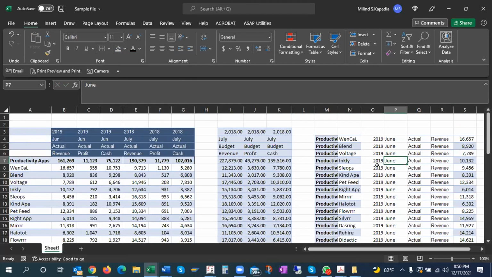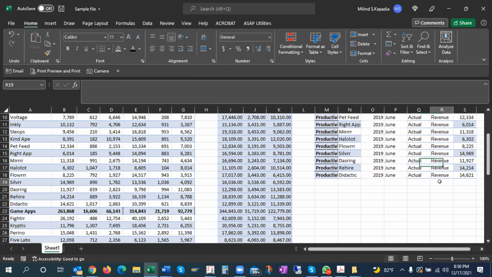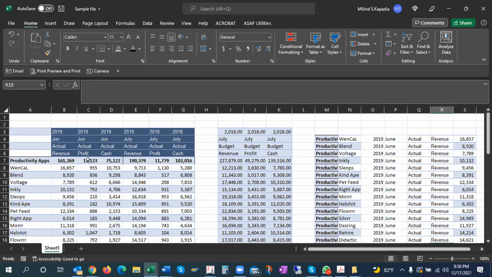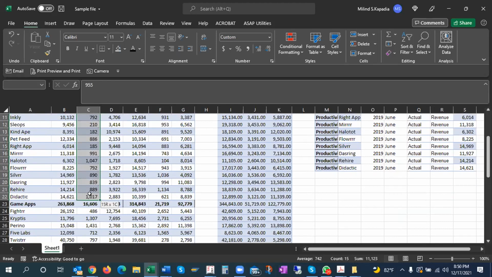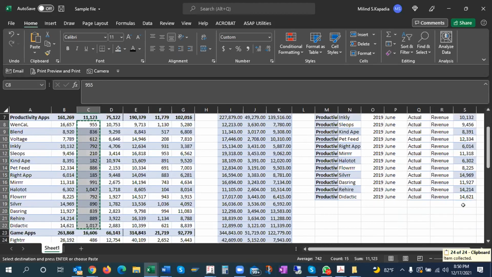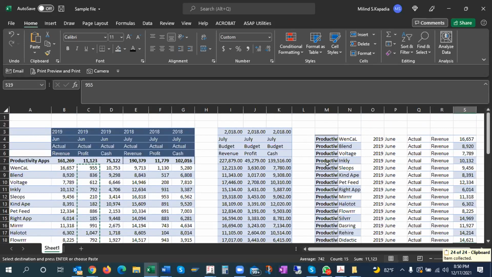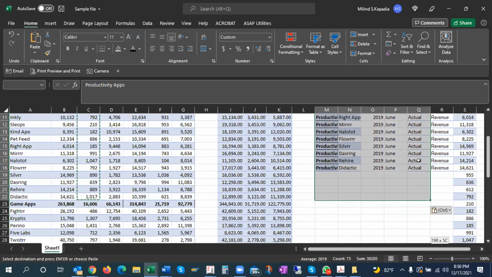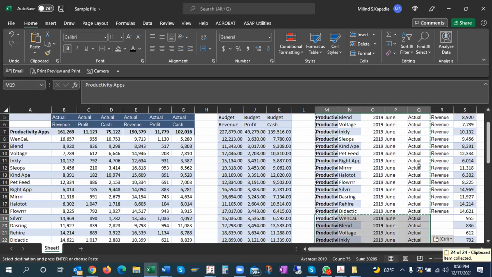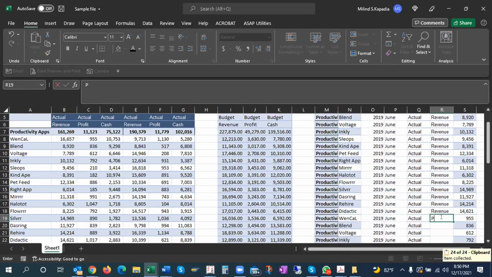Where will you put profit? Down. The profit will come down, and this data will appear as June only. I will take this data and say this is my profit, but this remains the same.